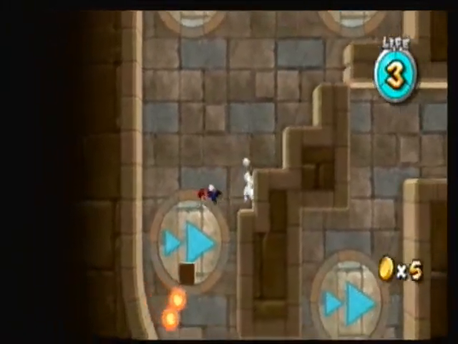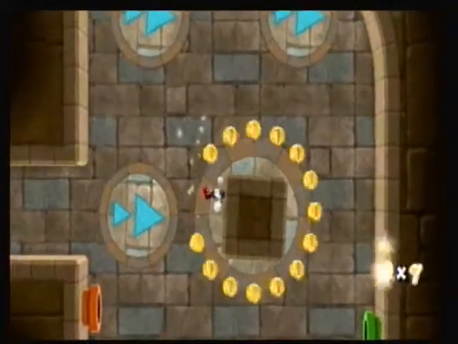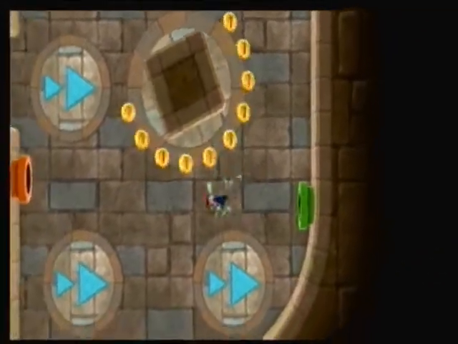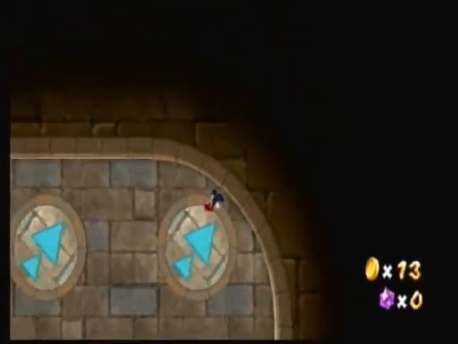Anyway, there are the guys right there if you want them. You can duck under that fire bar thing. That green pipe right there will take you back to the beginning of this room, so don't go into it. The orange pipe is the one that we want. So you might be wondering, how am I supposed to get to that? Well, what you want to do is...